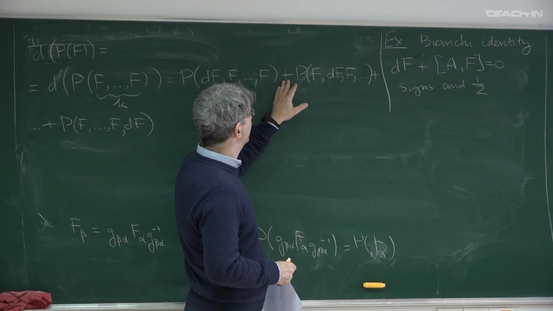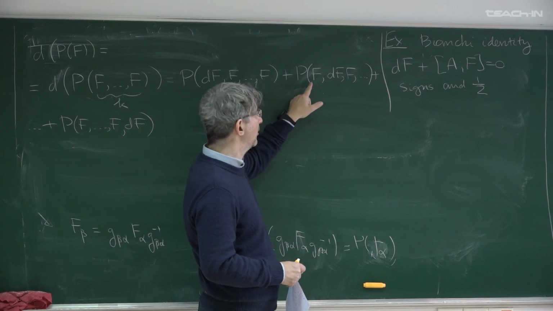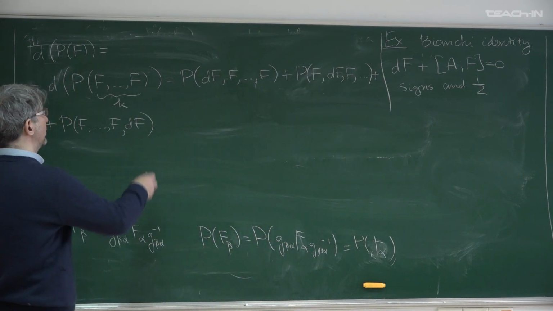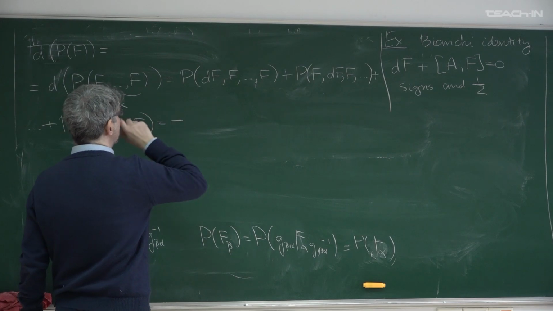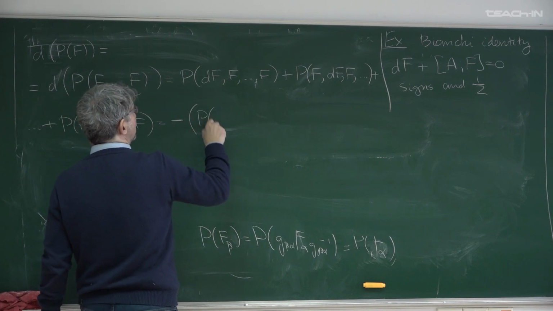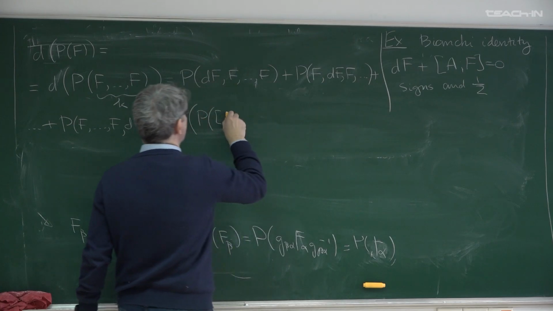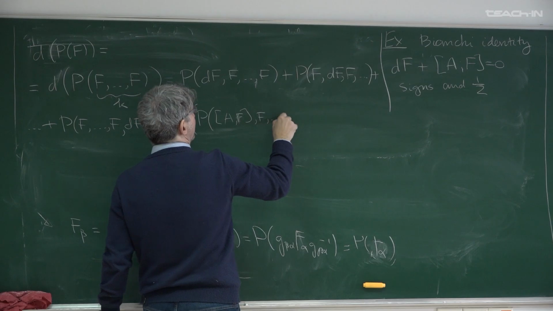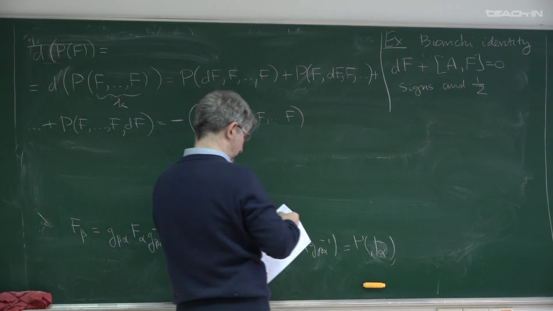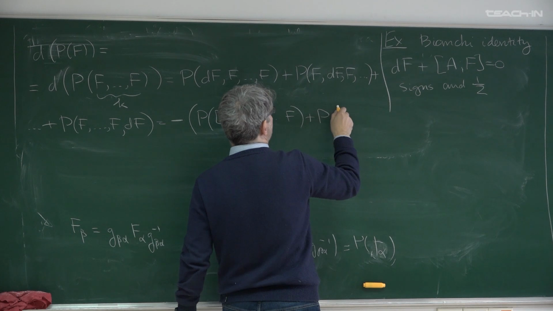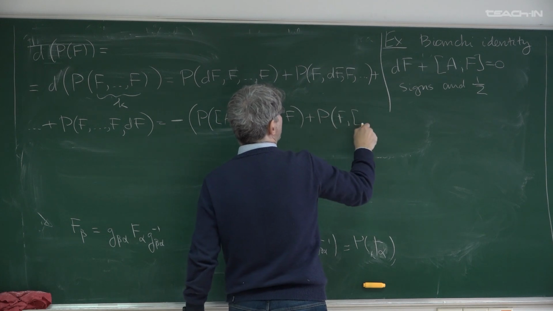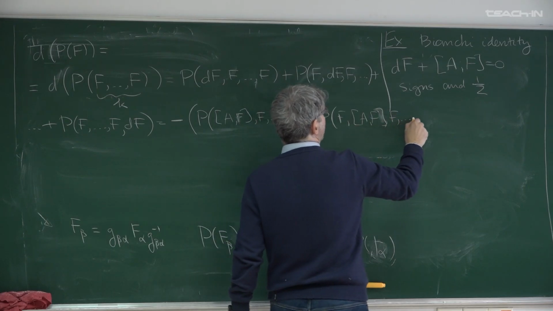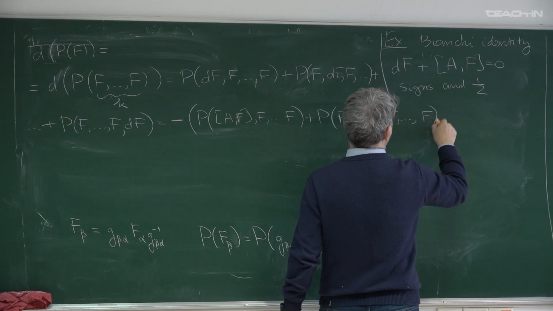So this thing contains (-1) to the power of 1 by 2. Nothing happens, so everywhere we have pluses. Now we have a global minus, and by the Bianchi identity we write this formula. Plus P, F commutator with A, F, F, and the last one is